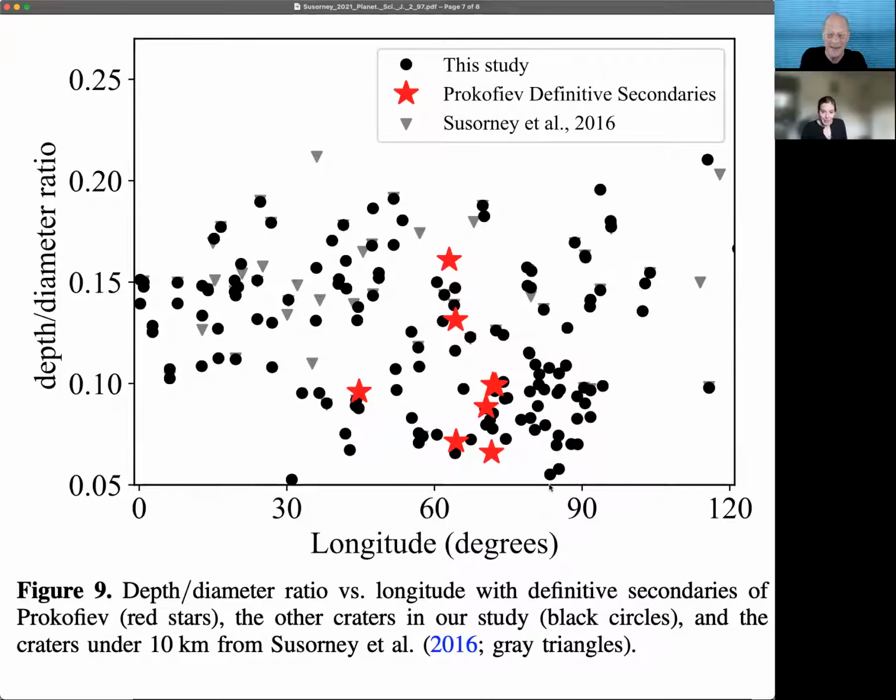Because you expect them to be shallow. Right. And you're like, oh, when we said that, we're like, we've solved this problem. We're going to write this nice story. And then it's like, let's just double check that the secondary craters are actually substantially shallower. So what we did is we went and found the secondary craters where I am sure this crater is a secondary crater of Prokofiev, not just a crater nearby Prokofiev. Right. This one, I can see the trail coming from it. Yes, right. So that's why there's only, I think